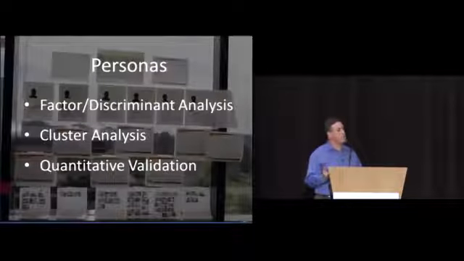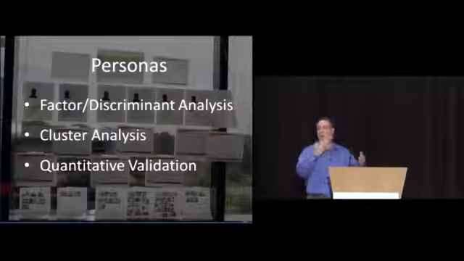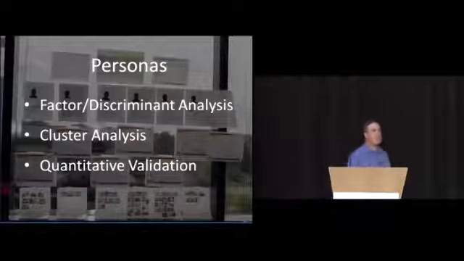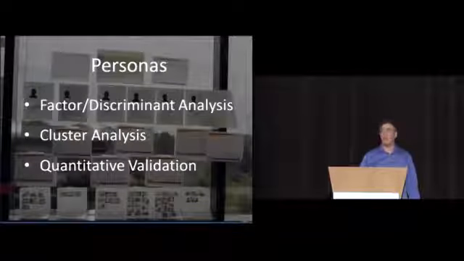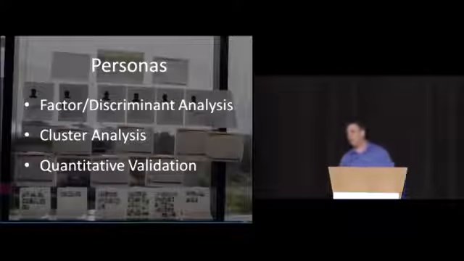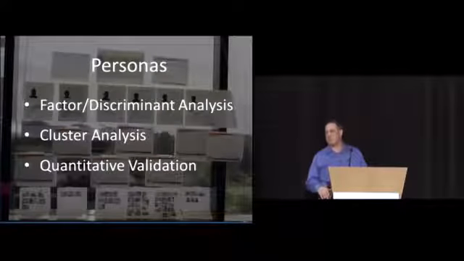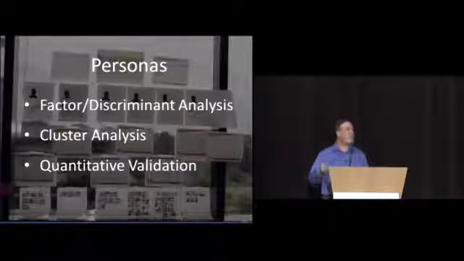Then you can do a cluster analysis to see, of all the people that you talked to or interviewed, where do they fit into those different groups? And then, probably most powerfully, you can do a quantitative validation. You can have 3 or 4 personas, and you can field surveys to see, all right, what percent of our customer base falls into at least one of those 3 or 4 personas? And set targets and say 80% should be represented by one of our 4 personas. And then you can go to marketing and say, look, these weren't just pulled out of the air, but there's